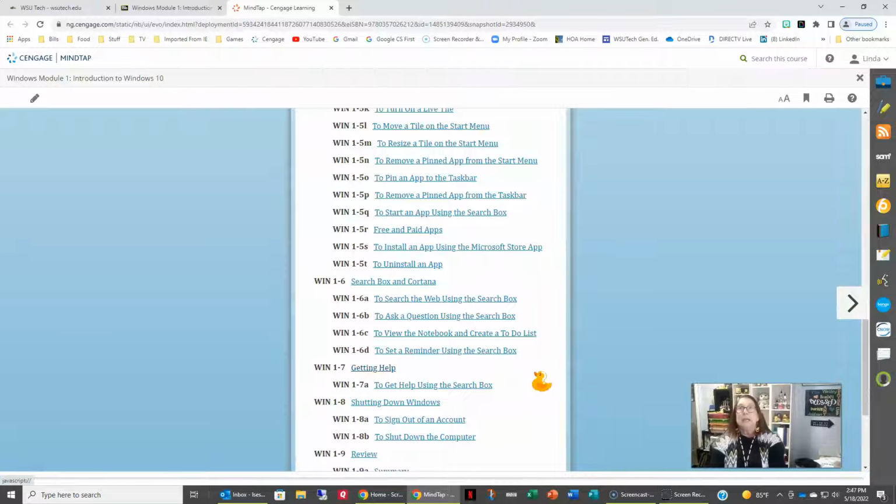So spend at least about 10 minutes in each chapter looking over the contents of that particular chapter. The information in the eText is going to help you with the training that you're going to be doing, and it will also help you with the projects. If you have questions, it's all going to be answered in the eText. Once you're finished looking at the eText, you can close it right here, or you can just go back to the